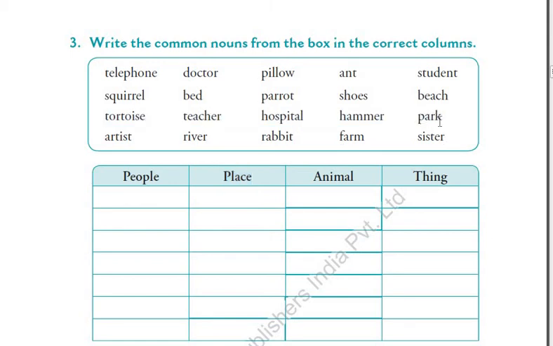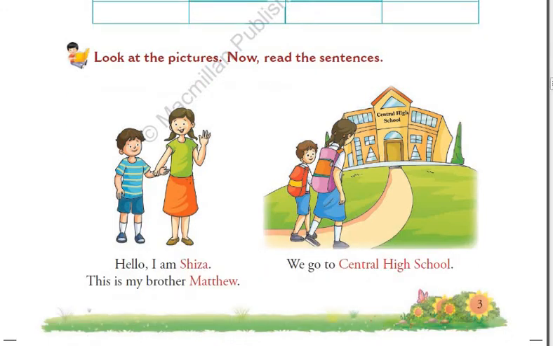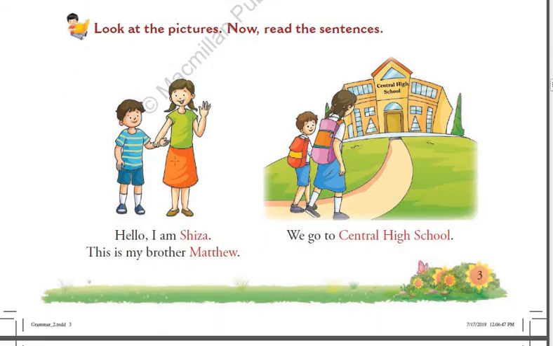If you can see here the word park, correct? Park is again the place where you go to play, where the kids especially go to play, where you go for the morning walk, correct? And then sister. Now sister is animal? No, though you fight with your sister and call them animal, originally it falls in the category of people. So this is how we solved the third exercise, and then we moved on to the proper noun